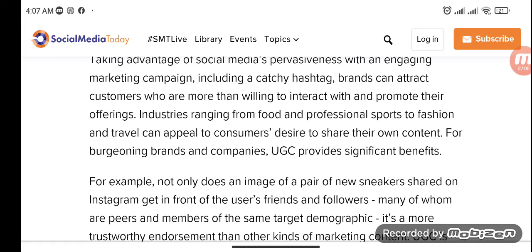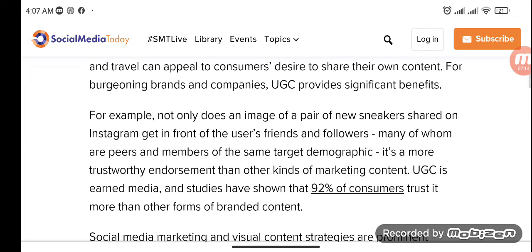For example, not only does an image of a pair of new sneakers shared on Instagram get in front of the user's friends and followers, many of whom are peers and members of the same target demographic, it's a more trustworthy endorsement than other kinds of marketing content. UGC is earned media, and studies have shown that 92% of consumers trust it more than other forms of